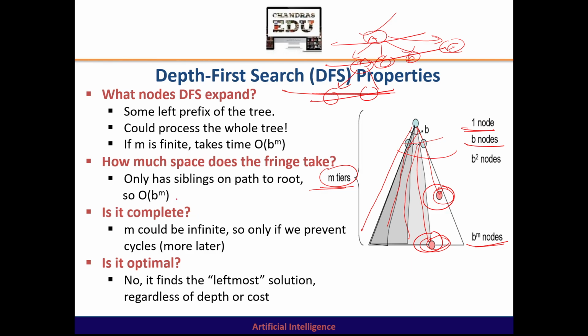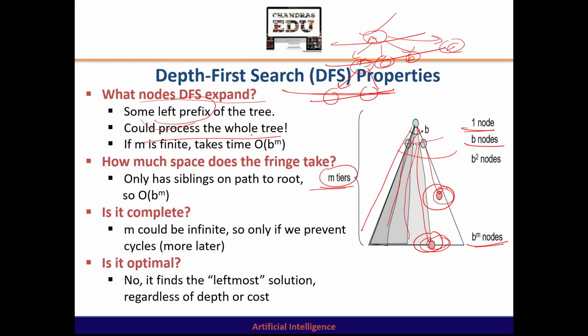As I told you, the properties we'll be discussing in the form of questions. So what nodes does DFS expand? As we discussed in the earlier slides also, the left prefix of the tree. It will always try to explore the leftmost node in that branch. That is, it will go deep on the left. And it could